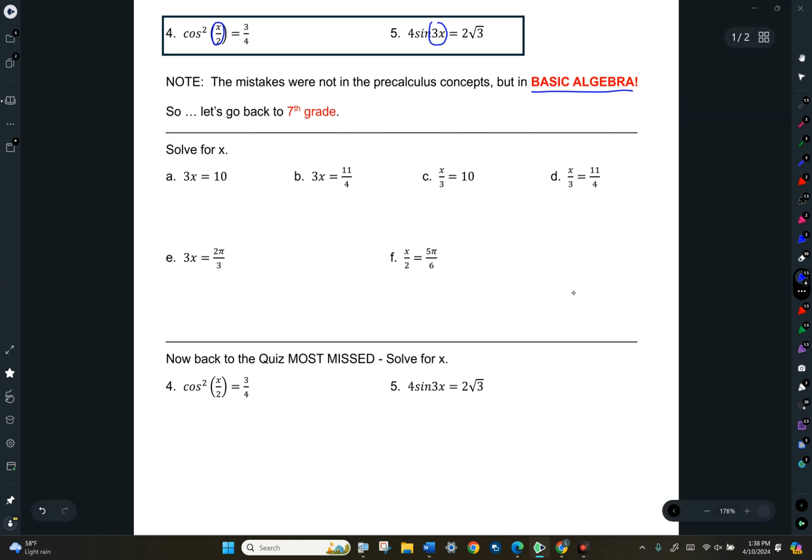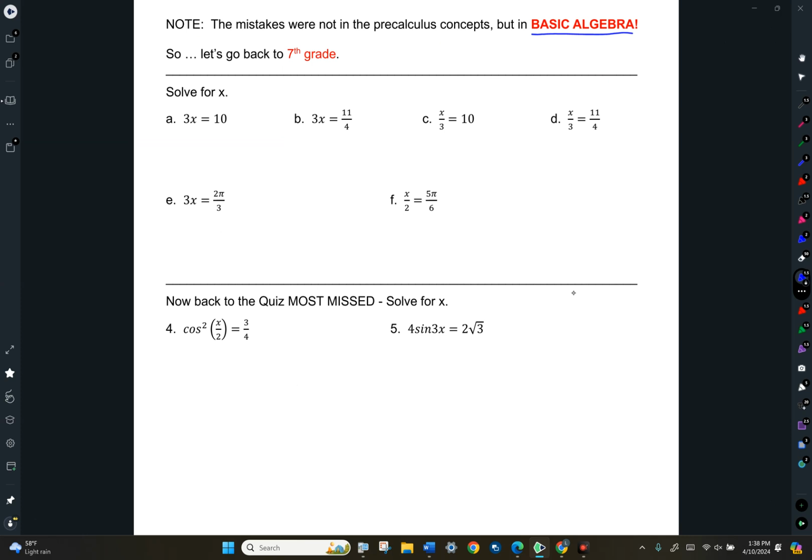So let's take a giant step back. Think about 7th grade when you first learned how to solve equations. So look at this first case. If I want to solve for x, of course you know you're going to divide both sides by 3. And so x equals 10 over 3. All right, that's straightforward. So what if, look, letter B, you're doing the same thing, you're still dividing by 3,